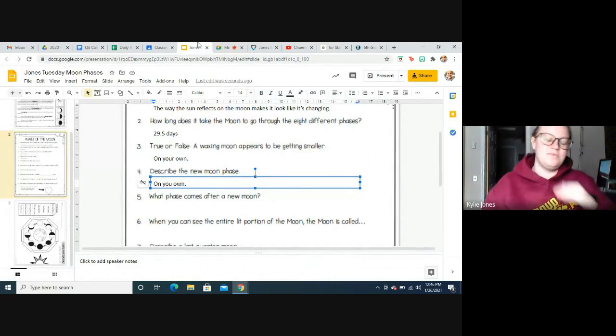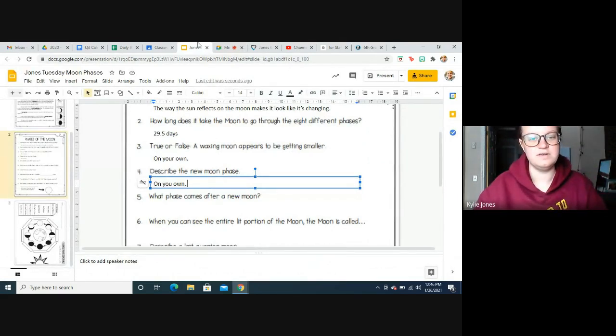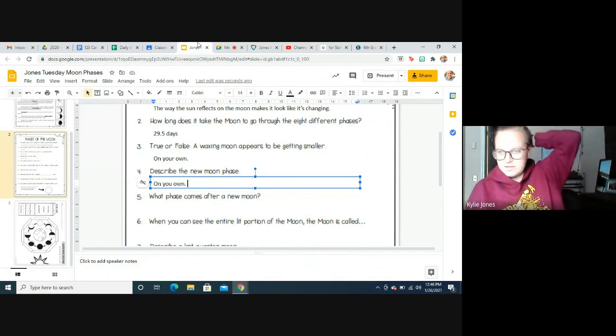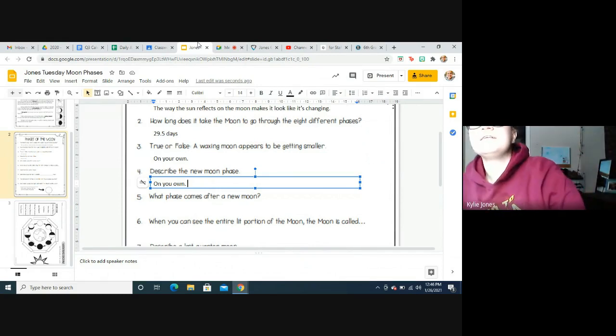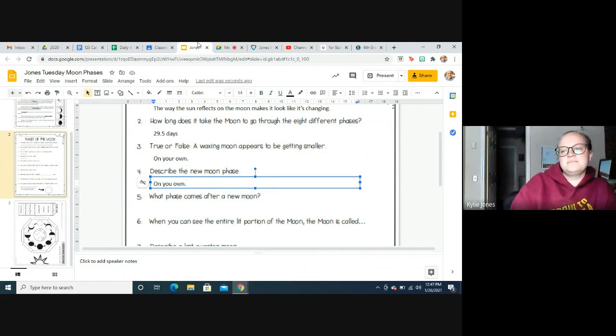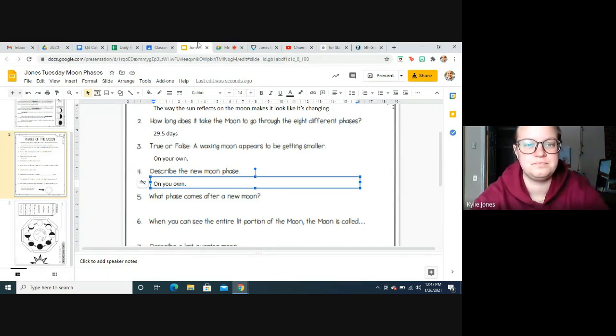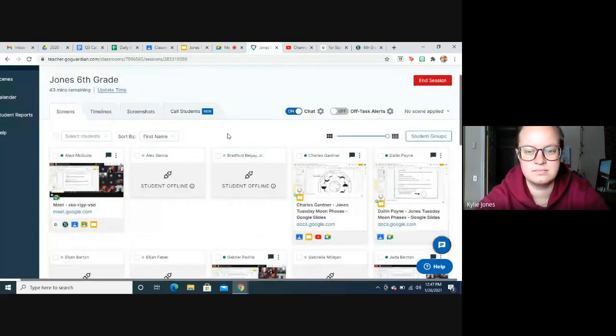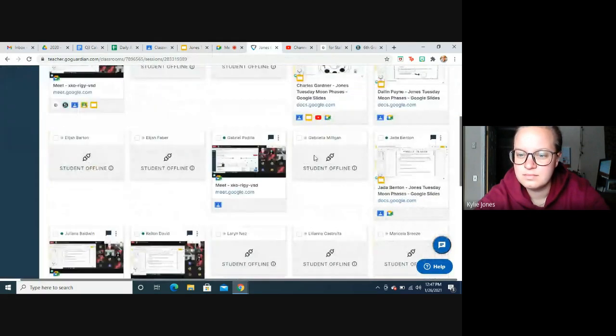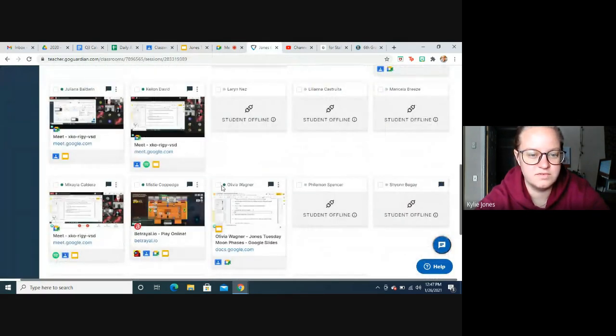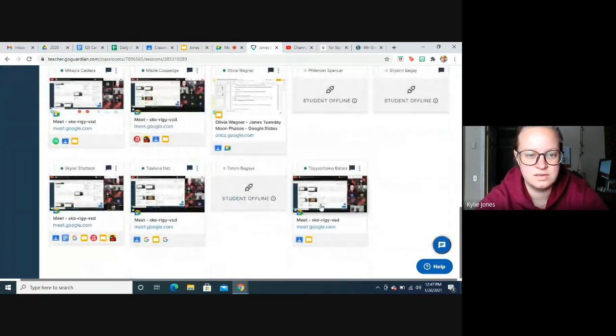Okay, so number 3 and 4 you're working on your own. True or false, and then describe what the new moon phase looks like. Looks like most of you guys are finishing that up.